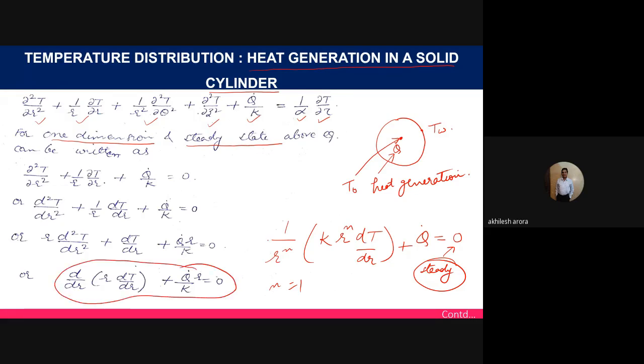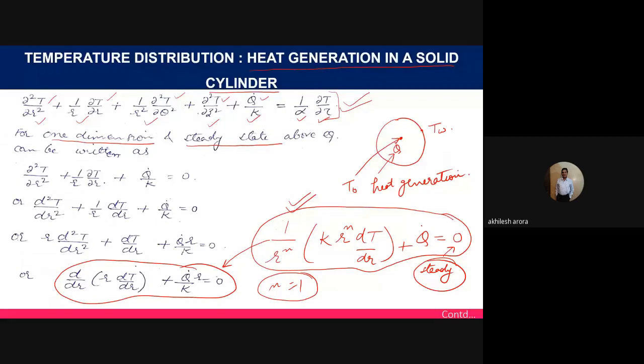Okay, so we can directly get this particular equation from here, or otherwise if we remember the whole equation, which is given by del 2 T by del r square plus 1 by r del T by del r plus 1 by r square del 2 T by del theta square plus del 2 T by del z square plus q dot by k is equal to 1 by alpha del T by del tau. So we can use this equation or we can go for this particular equation also. Okay, so it would be better if you remember this particular equation, which is more general and easy to remember actually. And the only thing is, because it's the cylindrical coordinates, we can put the value of n equal to 1. So it would be easier for you.